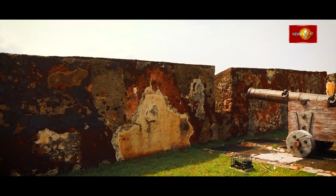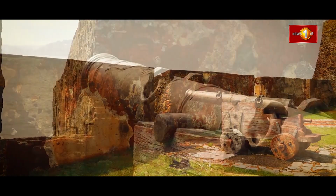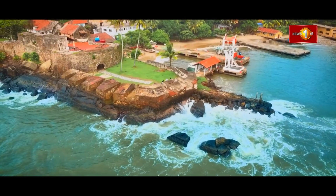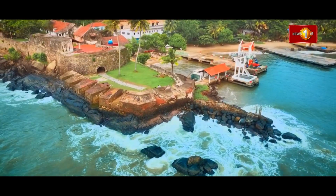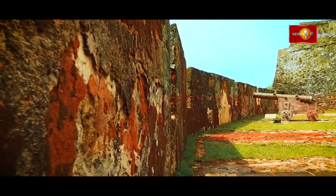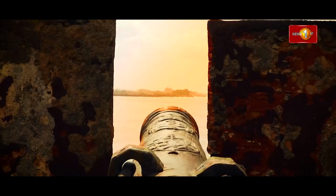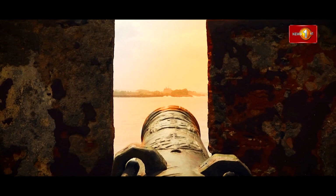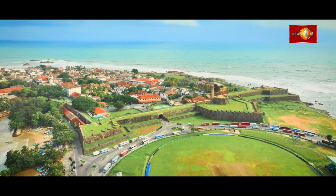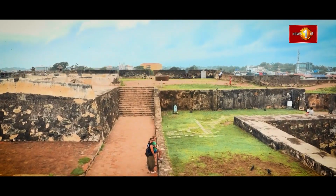The Portuguese weren't content with merely establishing a presence in Galle. To solidify their control, they constructed the first European-style fort on Sri Lankan soil. This main fortification was built in 1588 next to the Galle harbour which existed at the time. Primarily known as Fortaleza, this towering structure has borne many names over the centuries, including the Black Fort and Zwart